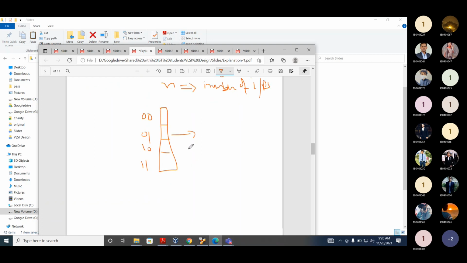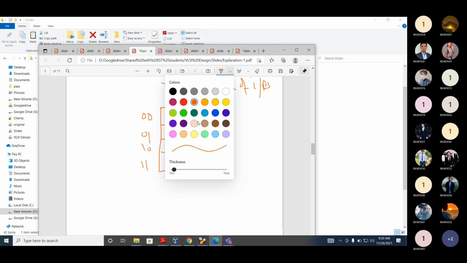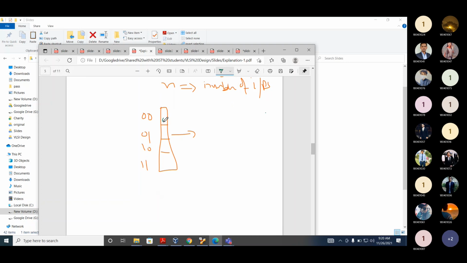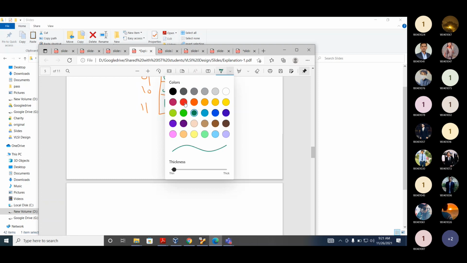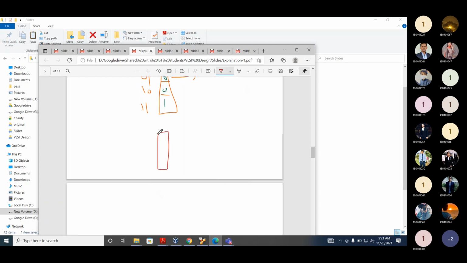Let's assume you want to implement an AND gate, what will we store? 0, 0, 0, 1. Which gate will be implemented? AND gate. Now let's assume you want to implement an OR gate. 0, 1, 1, 1.